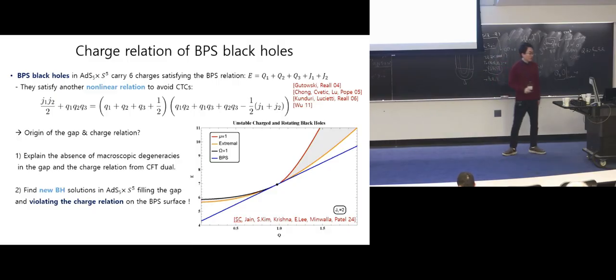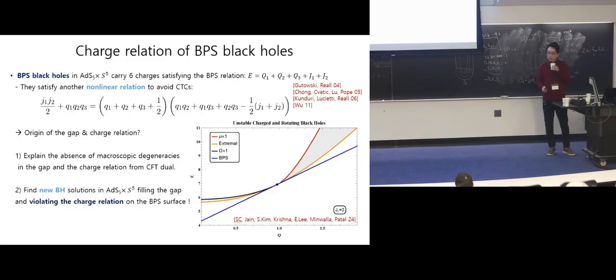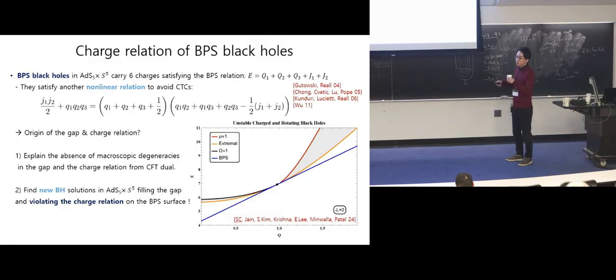So how can we construct such supersymmetric hairy black holes? Maybe one can just start from constructing solutions in the gravity side, but today I want to start from the CFT duals and study the operators dual to the black hole microstates, which we call fortuitous operators. So we study their characteristic properties, and using such properties, we would like to construct the supersymmetric hairy black holes in the gravity side.